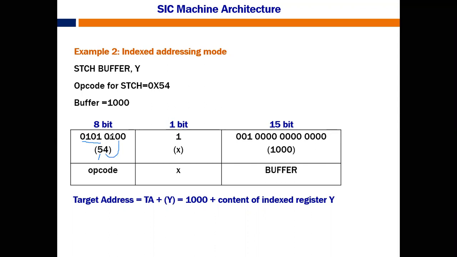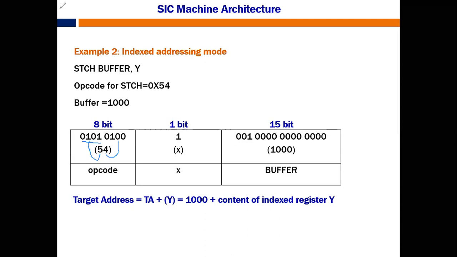Then 4 is represented as 0100. So 54 in an 8-bit representation, you are not converting it to any binary. It's a hexadecimal number that we directly make into an 8-bit binary number. So 5 is taken as 0101 and then 4 is taken as 0100. Is that clear? Okay. Next, let us take x as 1, that means indirect addressing mode.